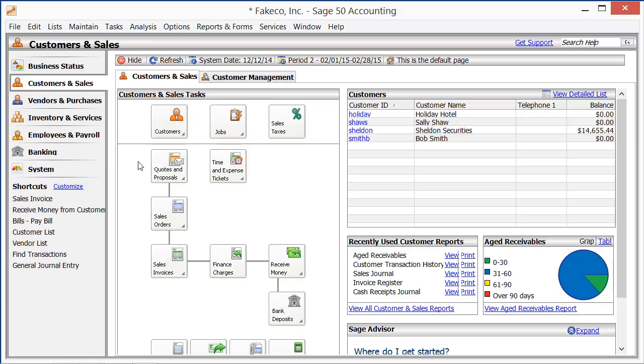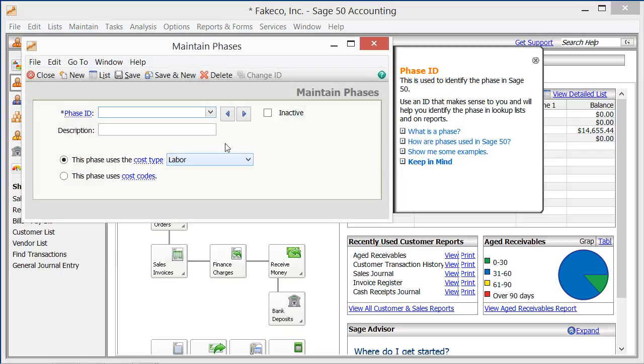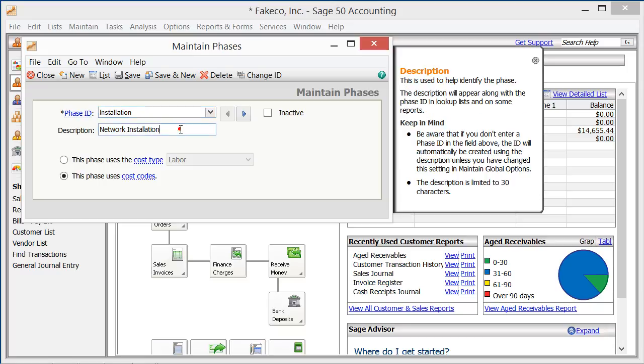To create phases, select Maintain, then Job Costs, then Phases from the menu bar to open the Maintain Phases window. You would start by typing an ID for the phase into the Phase ID field. Enter a description of the phase into the Description field. Note that you can check the Inactive checkbox later to inactivate phases that you have created but no longer use